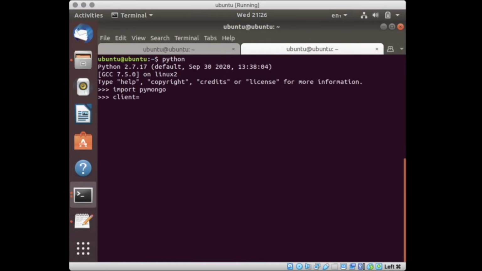Now to create a client, we have to give as input our MongoDB URL. MongoDB by default runs on port 27017, and as you can see, we are right now running on a local machine. So we will give the URL as localhost colon 27017. Great. Now our client has all the details on how to communicate with MongoDB. Similarly, if any authentication information is required, we have to supply that information also when we are creating the client.